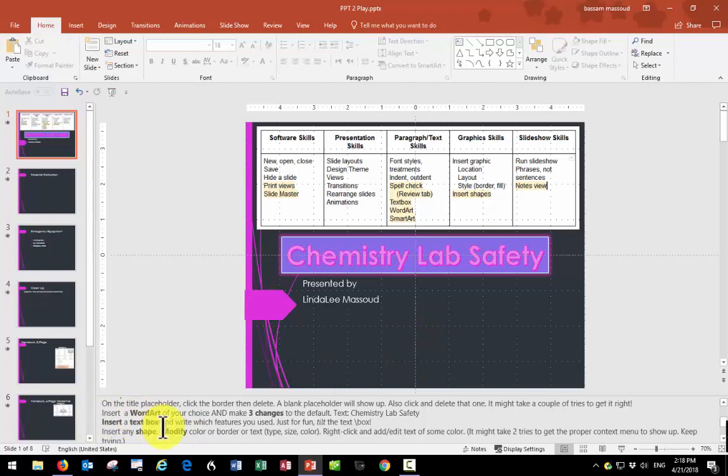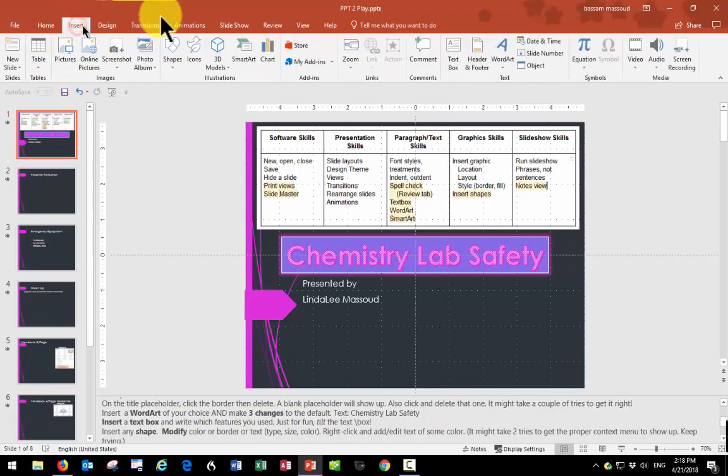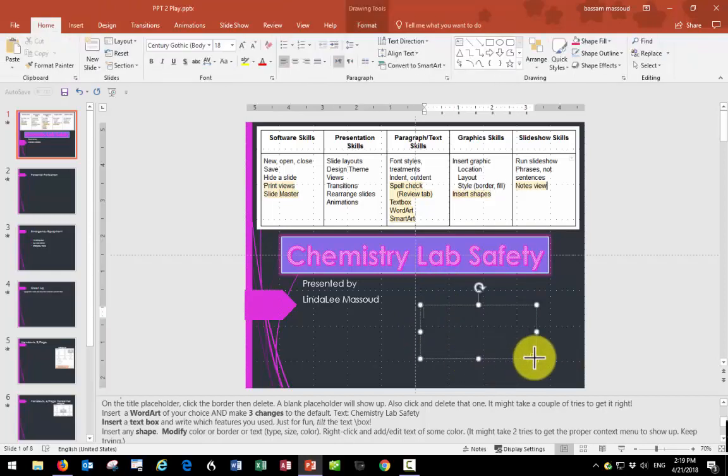Insert a text box now and write what features you used. Oh, can I remember? Just for fun, tilt the text box. Okay. This time we're going to insert a text box. This is more typically plain old writing, and the nice thing is that you get that different cursor, and you can come down and select a box of the size you want. You can resize it, and I did a different